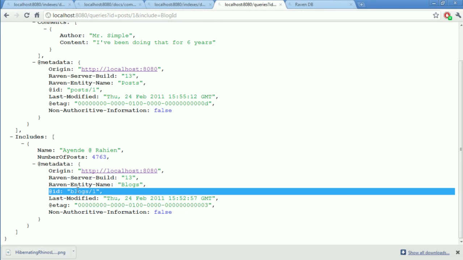So in a single query to the database, we're actually able to load both the primary document and an associated information. The RavenDB client API has built-in support for doing just that, which means that you can just indicate, okay, I want the blog, and I want the post, and I also want its blog, and we just do that for you and save you all the bother with trying to do denormalized references and stuff like that.